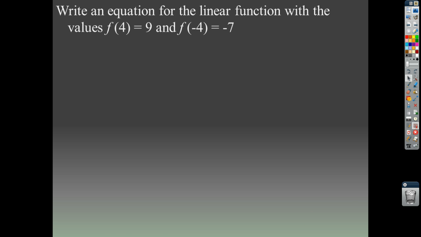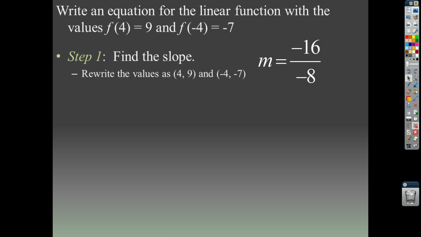Alright, let's try another one. Write an equation for the linear function with the values f(4) = 9 and f(-4) = -7. Let's find the slope. First thing I'm going to do is rewrite my values, my function,